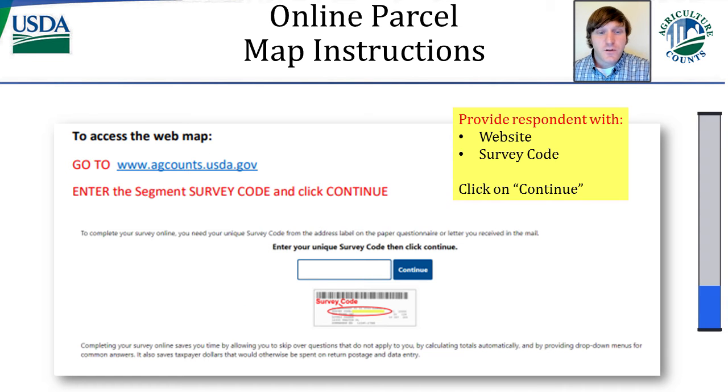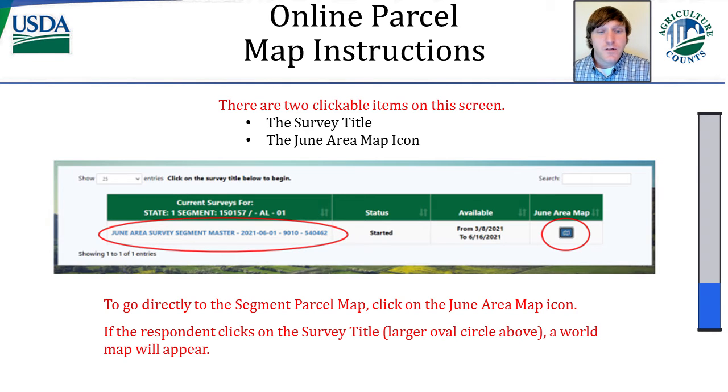Provide the respondent with the website www.agcounts.usda.gov and the corresponding survey code to access the web map for the segment. The respondent will enter the code and click on Continue. There will be two clickable items on this screen: the survey title, as indicated with the large red oval circle, and the June area map icon, as indicated with the little red circle. To go directly to the segment parcel map, the respondent will need to click on the